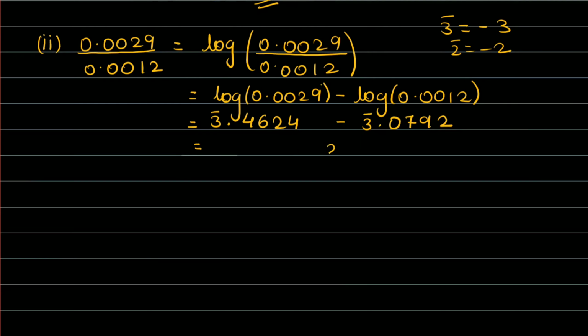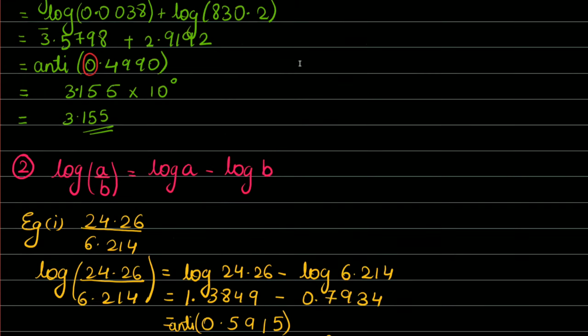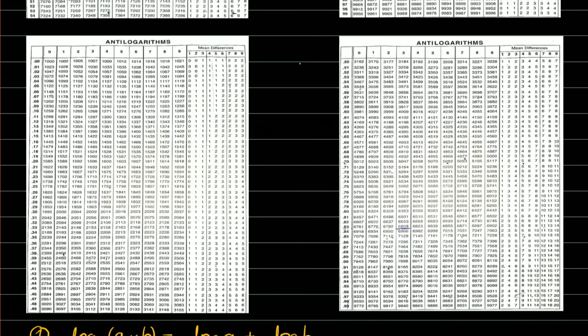So it will be 2383.0. Okay, after subtracting, we got 0.3832. So applying antilog. Now we know that whenever we have to find the antilog, we check it after the point. After the point, the value is 3832. So we have to check the antilog for this value. The value 38.38 is over here. So 38 in 3.